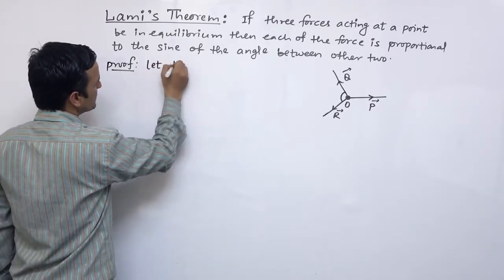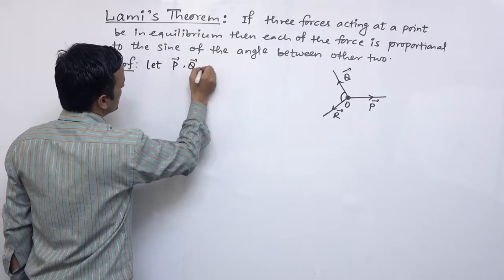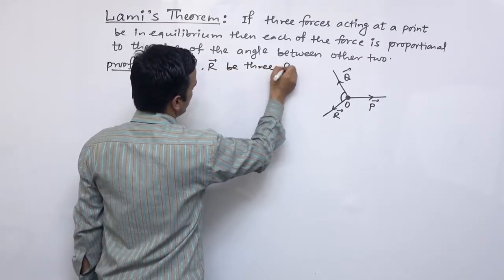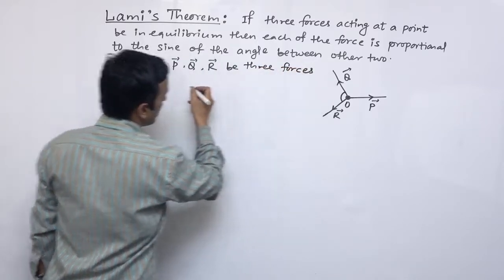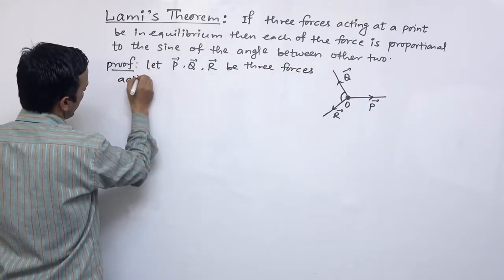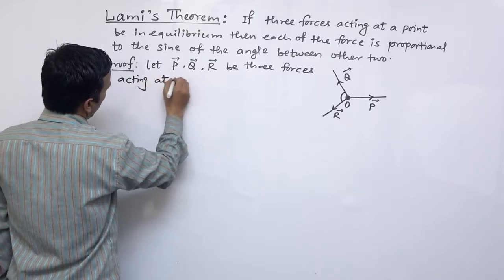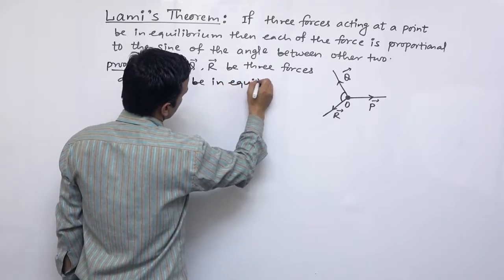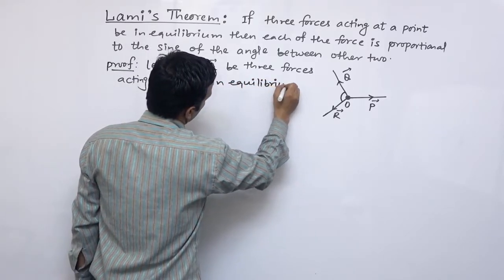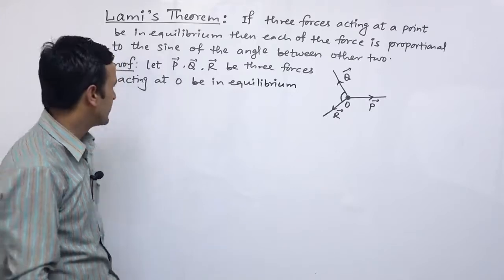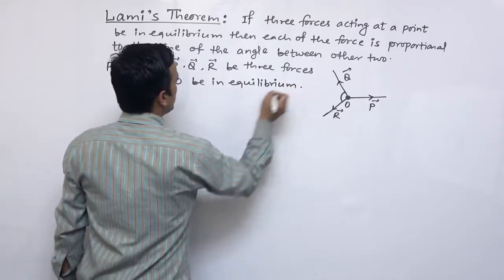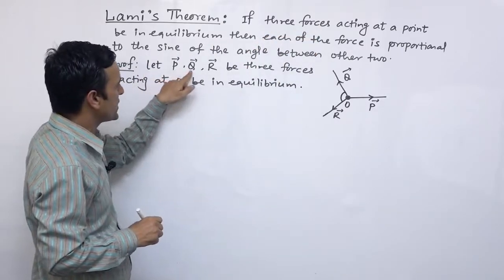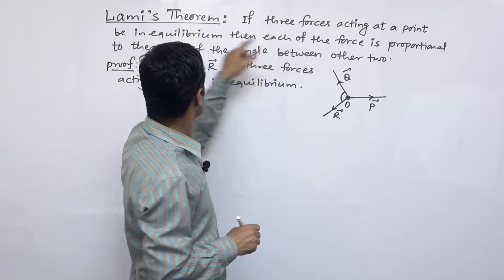Now let P force, Q force, R force be three forces acting at O, be in equilibrium. इक्विलिब्रियममा छ. यदि हामीसँग तीनवटा फोर्स भनेको छ, that is P, Q and R acting at a same